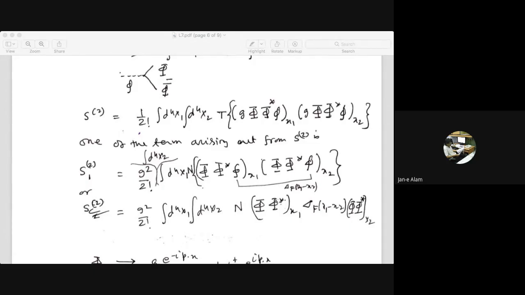Though we have not discussed electron and positron, let me be very clear. The electron and positron are just annihilating at a point x1, let us say, producing a photon, and that photon again creates an electron-positron pair at x2. That will happen. So you cannot have that many particles.